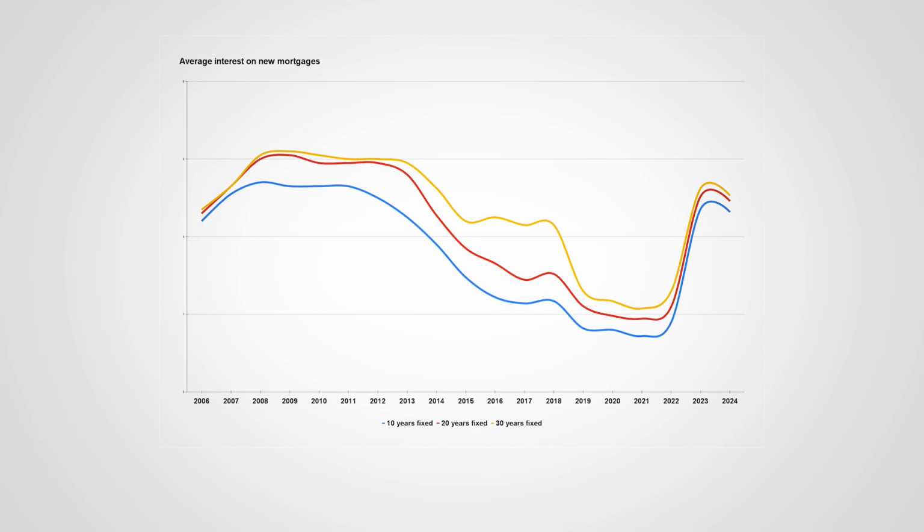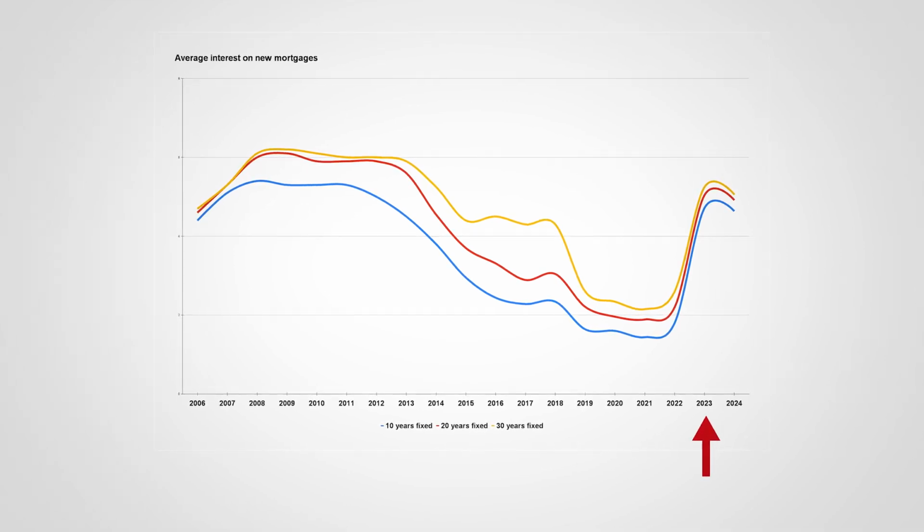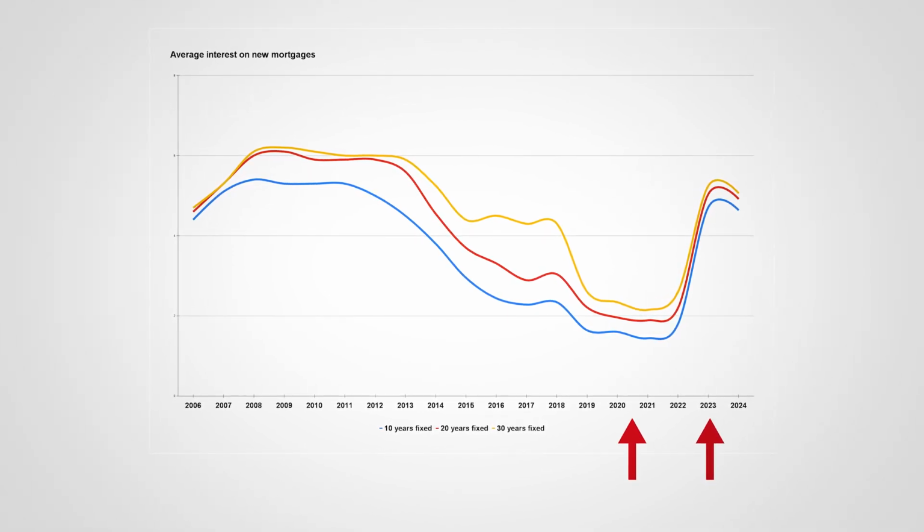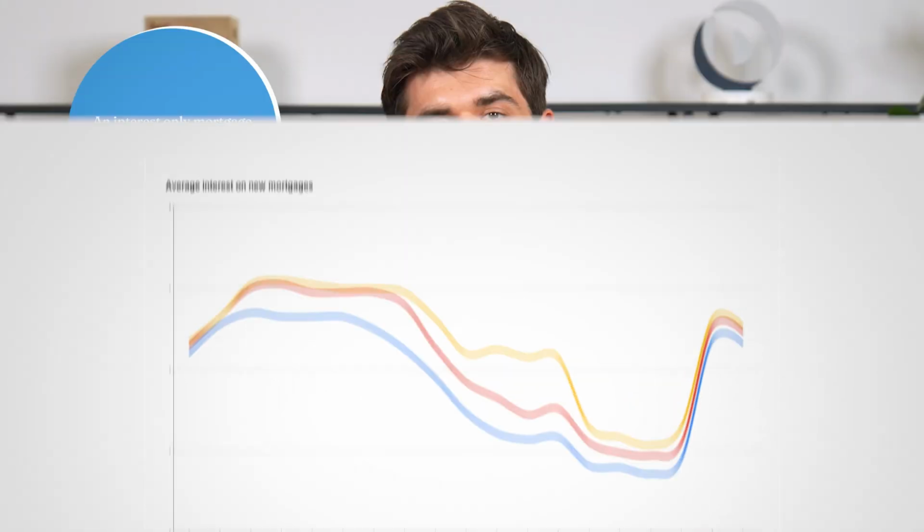But a very big downside of this interest-only mortgage is the fact that you don't have the ability to deduct the interest that you pay from your taxable income, meaning you won't get any interest rate deductibility for the interest that you pay for your interest-only mortgage. Given the fact that currently the interest rates are a lot higher compared to, let's say, 2.5 years ago, an interest-only mortgage nowadays isn't that